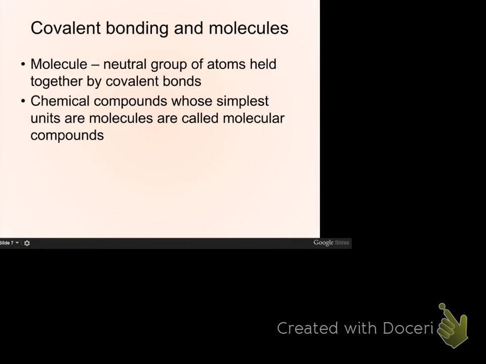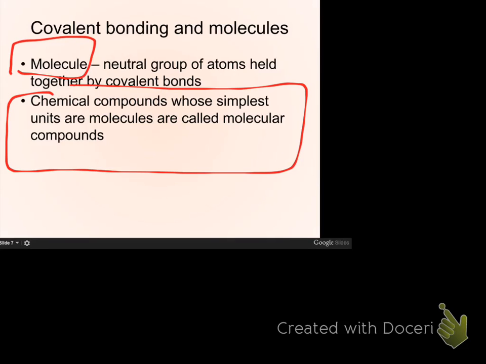All right, so covalent bonding. When we have a group of atoms that are held together covalently, and they are neutral, such as water, bromine, we call that group of atoms that are held together covalently a molecule. This term only applies if they are held together with covalent bonds. When we have something held together with covalent bonds, the littlest chunk of that stuff is a molecule, and those